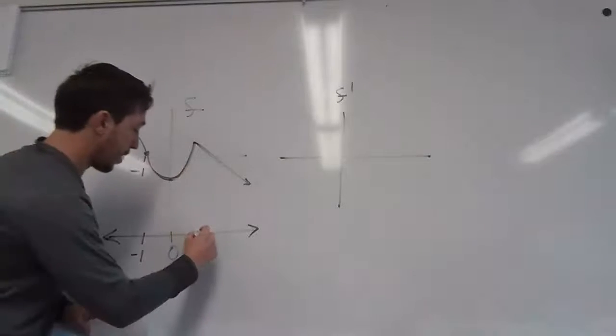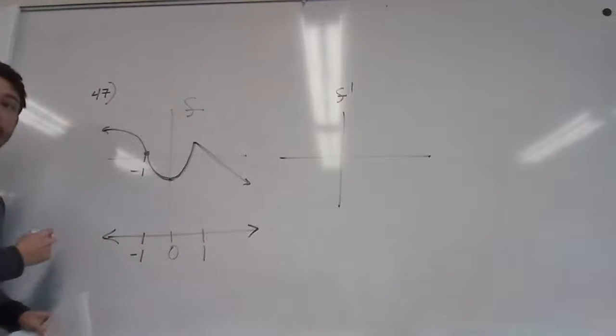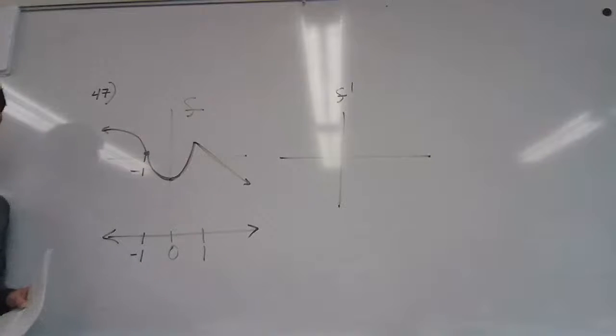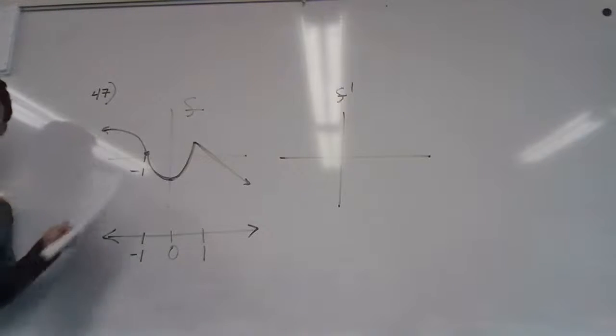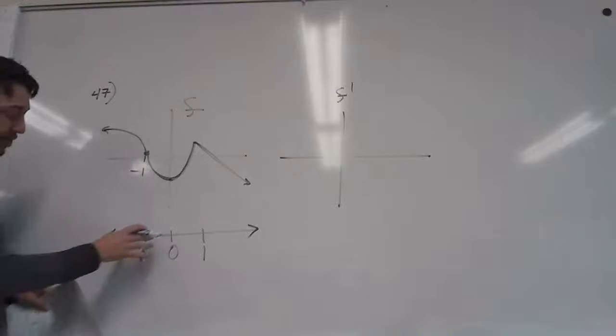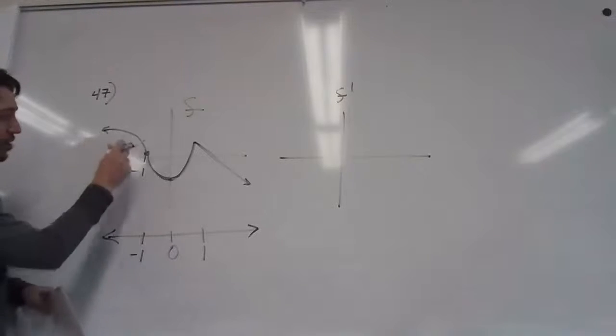And at 1, there's a local max. So this number line is kind of getting all the relevant numbers. I'm combining the f prime number line and the f double prime number line. Now I'm going to fully describe the function. So here, the function is,